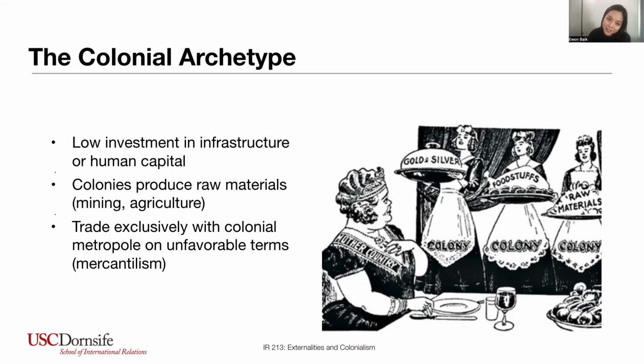And as can be expected, colonial governments tended to make very low investments in infrastructure and human capital, right? They weren't building world-class schools and wonderful roads and great sewer systems. They're making minimal investments on the infrastructure front, spending as little as possible to exploit and reap as much profit as possible. Essentially, they would just build roads to get natural resources to the ports, and they would build a port where these goods can be boarded on ships so that they can be sent back to the colonizing country. And in most cases, this was the only infrastructure investment going on.